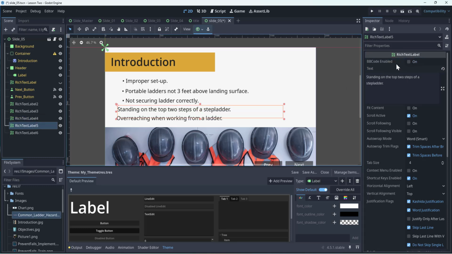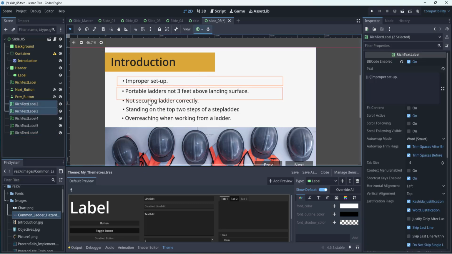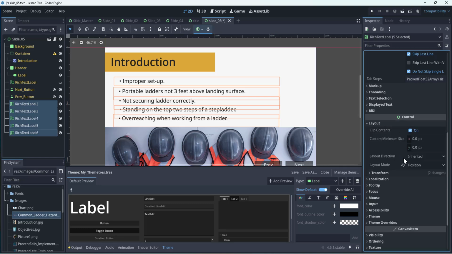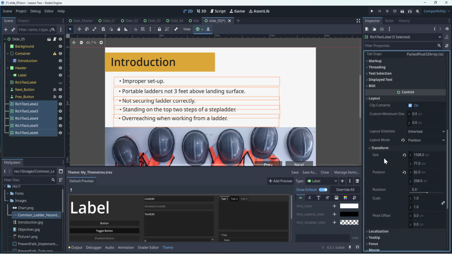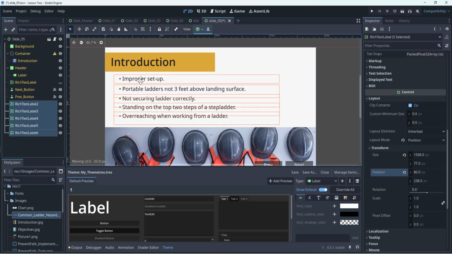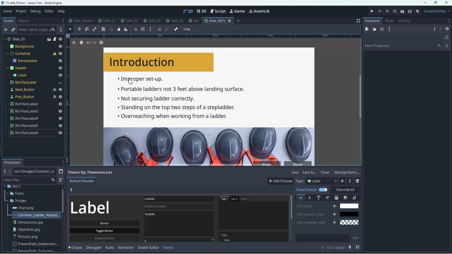All right, that looks kind of lined up, but let's make sure that it's good. Let's go to transform, and we want the position here on X to kind of be the same. So we just make sure that we push it all at the same time. That way it changes all at the same time. All right, so now we've got these here,